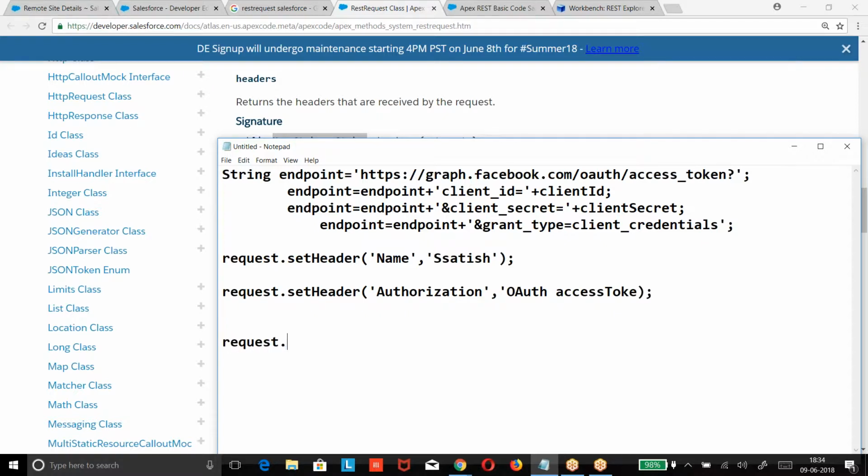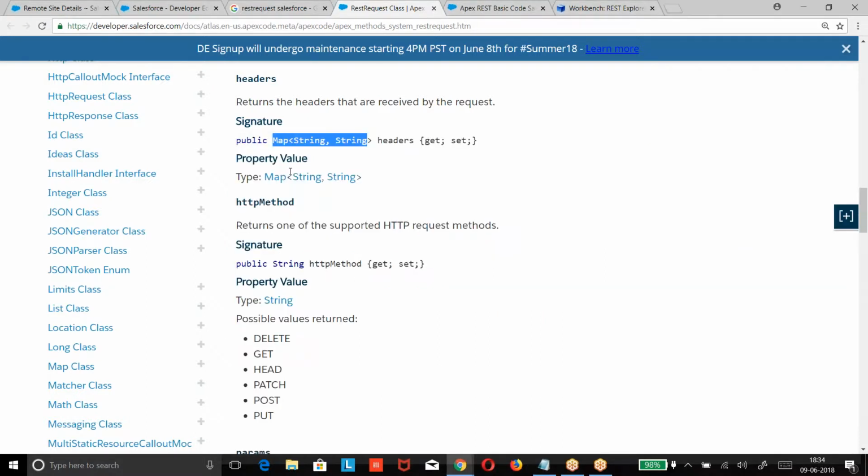Request dot get name. Now in the request, where are the elements? There is an element called headers. Request dot headers dot get. It is a map. In the map, how do you get the value? Get. So what is the header value? Look at the point. What is the name of the element? Headers. So how do you get the value from the map? Headers dot get of key.